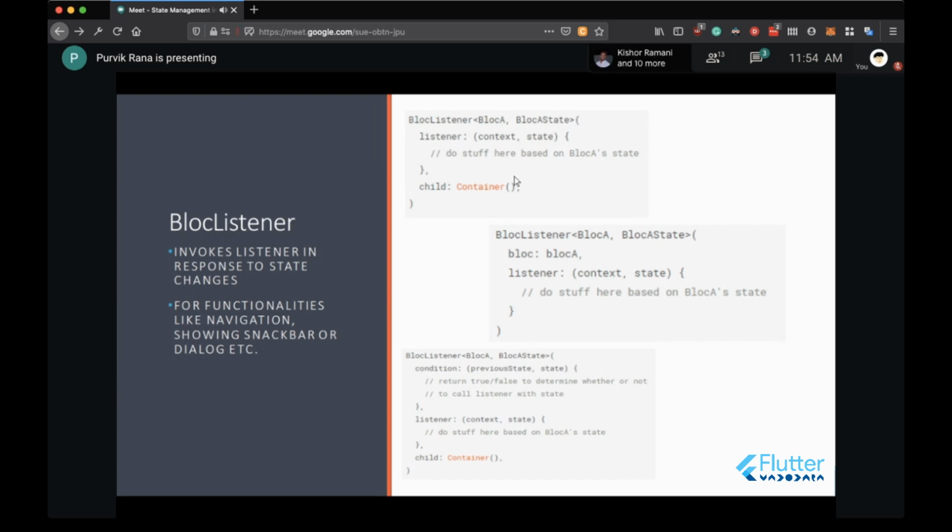It has the same syntax as the block builder. You can also pass the local instance of your block, and put in conditions to have more control over displaying the snackbar or dialogues to the user. So these are the three things you can use to declare a block listener widget.